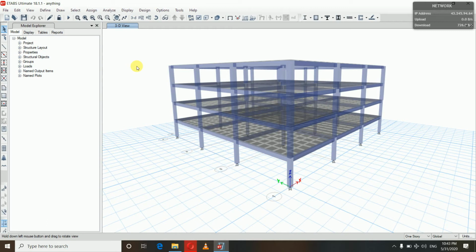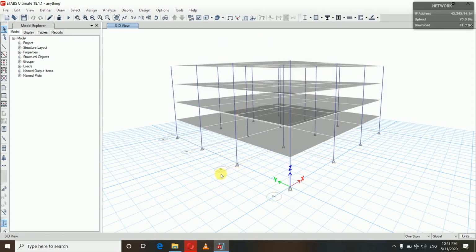Cutaway means this command allows a user to slice away a portion of the building along the grid line. Suppose here you can see grid line 2. Let's close this extruded view. If you want to view only the portion of the building on the left of grid line 2, that is the back side, and remove the portion from 1 to 2, then you can use the cutaway command.